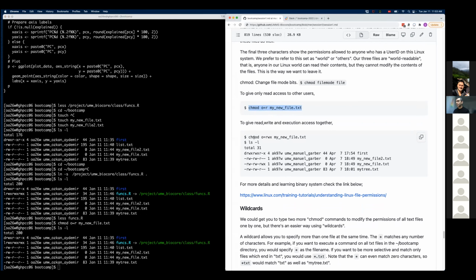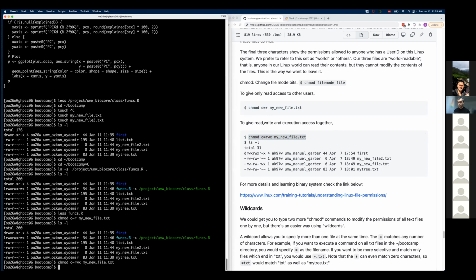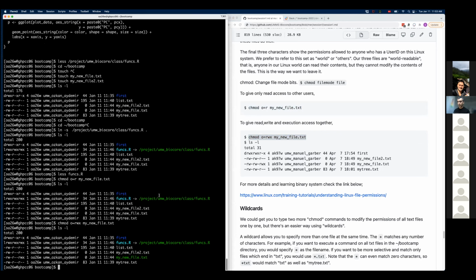Then I can say others equal read, write, execute. If I do this, it's going to give them write permission and execute permission. Since I made this executable, this became green. And others now have write and execute permissions here.